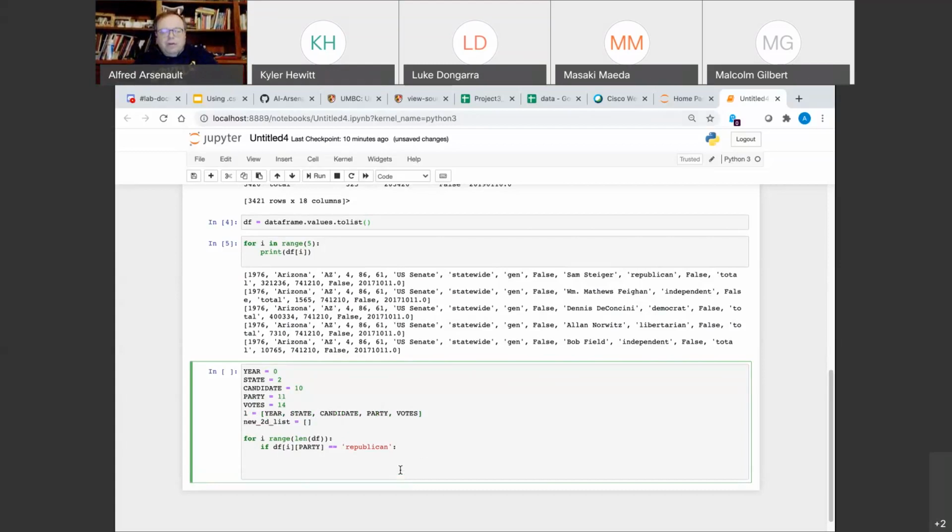So I'm going to create a new list for J in L. For J in L, L is year, state, candidate, party, votes. Or L is 0, 2, 10, 11, 14. So the reason for J in L is this gets me only the columns from the original row that I care about. So what this is going to do is going to say